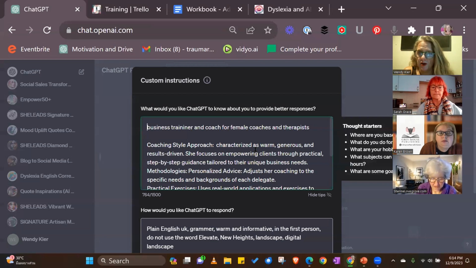Or you can combine both. Combining both is probably the best way to do it. And you also want to say how you would like ChatGPT to respond: whether you want it in plain English, in a warm and informative tone of voice, whether you want it to miss out certain words, things you don't want it to do.